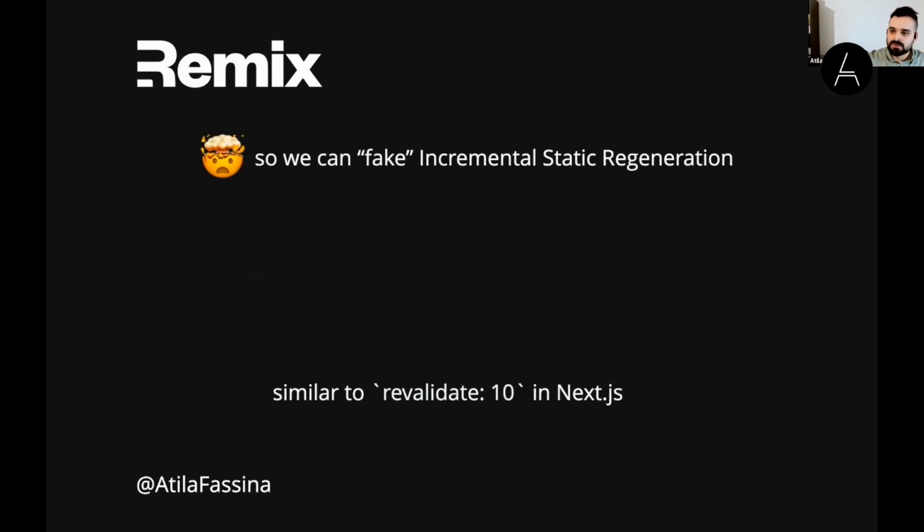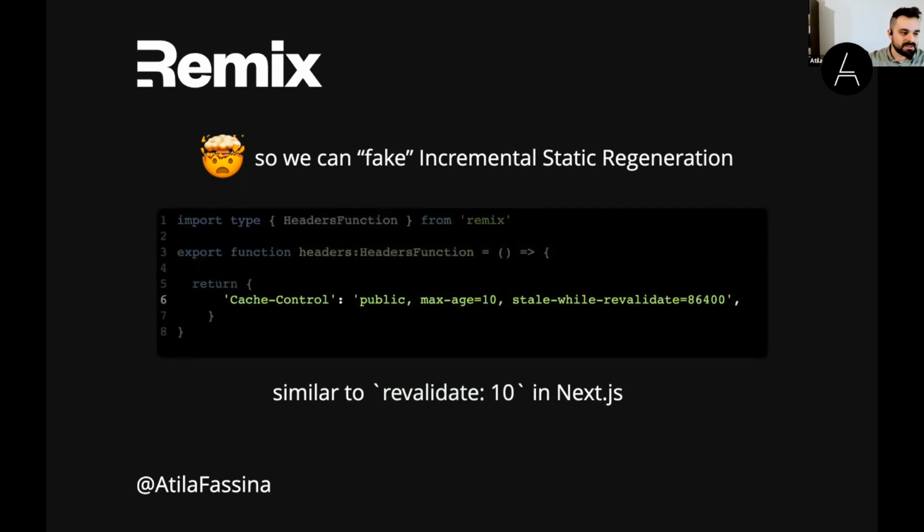And cache control is so cool that we can actually fake incremental static regeneration with Remix, because Remix is server-side render only, but with cache control, we can say something like this. I want the max age of just 10 seconds, and stale-while-revalidate forever, or for 1 day, or for 1 week, or whatever. And this is basically the same effect as the revalidate of 10 that we just did on Next.js. So this is a cool pattern. And yeah, those are the ways that I can find to use that on